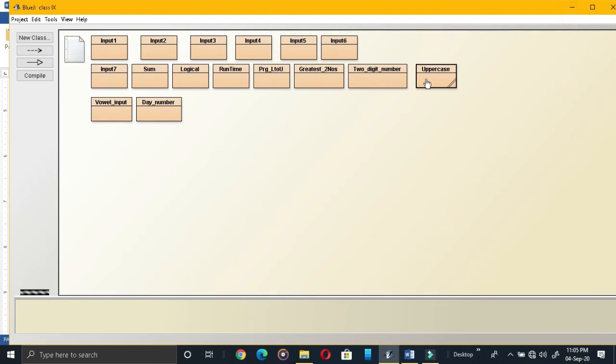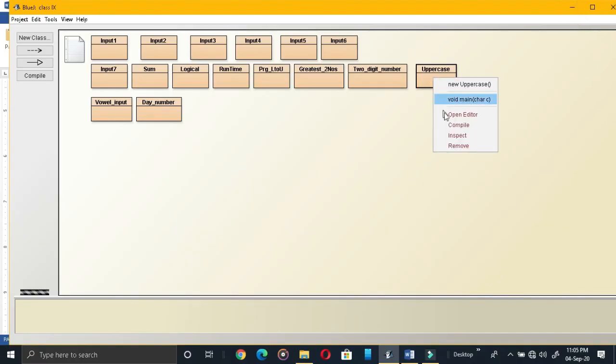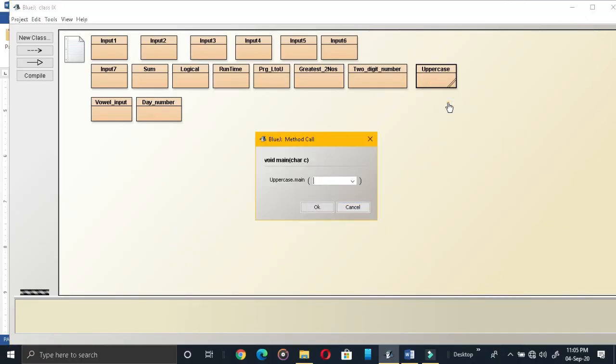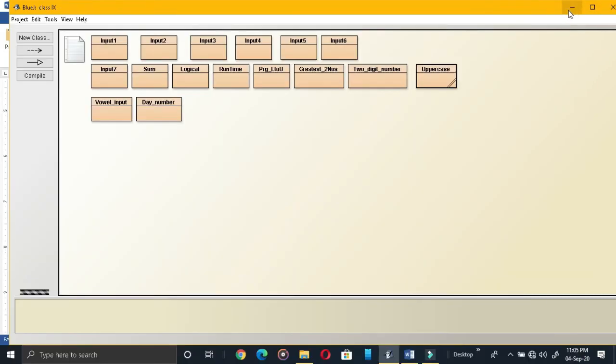Next, I am giving here a character as L, capital letter L. See, character is in uppercase. Now let us give character 7. Character not in uppercase. So this is the answer.